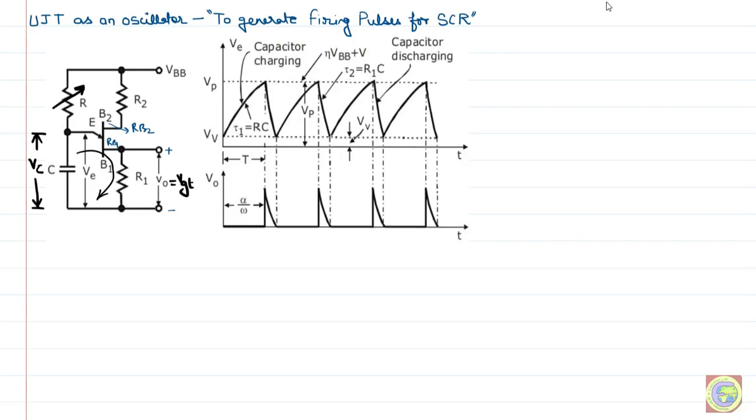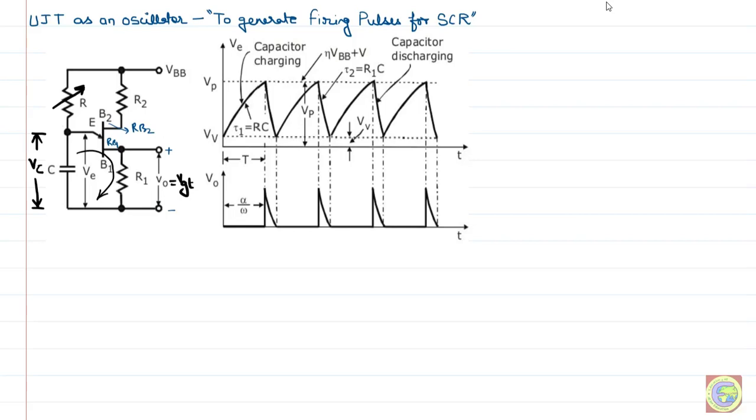Now one more important thing we also considered while designing this circuit: when the ammeter circuit is open there is always a leakage current between this base B2 and B1, and under that condition, due to this leakage current, there might be some voltage developed across this R1. So you will have to remember that this voltage must always be less than the gate triggering voltage, otherwise unwanted or false triggering of the SCR can take place.